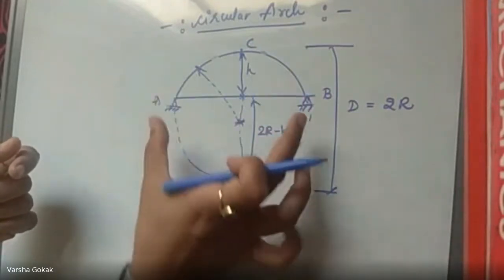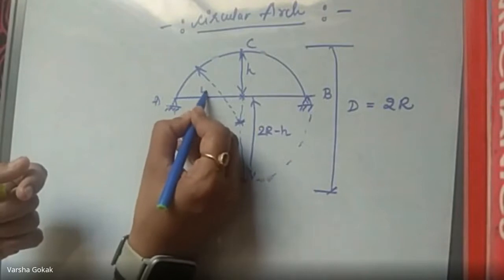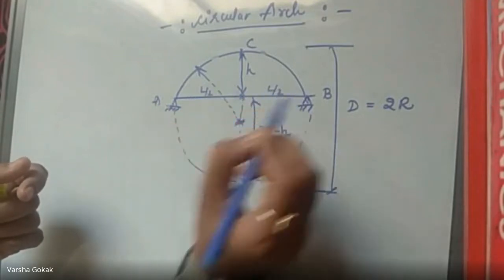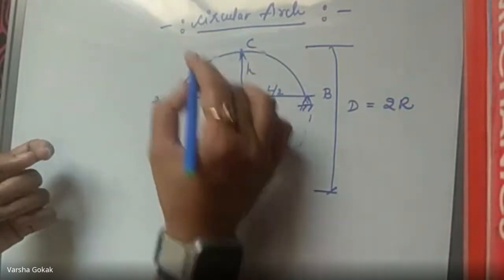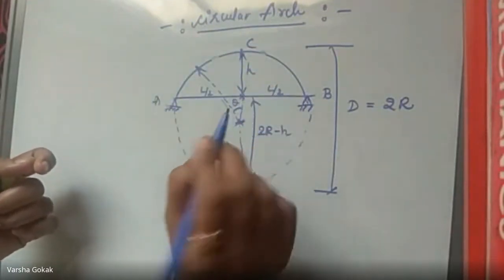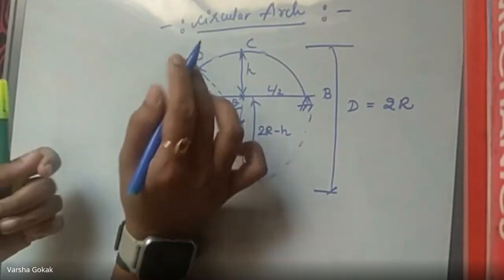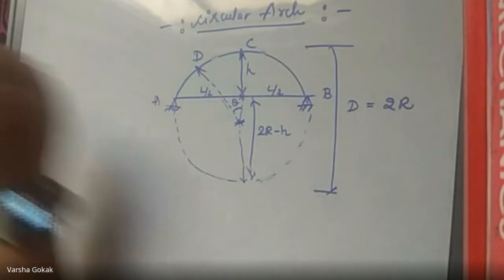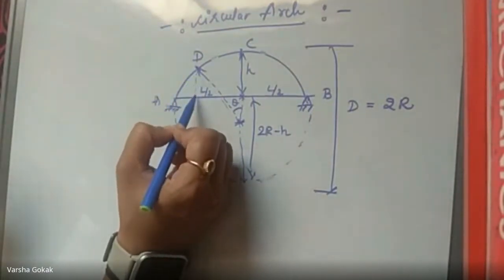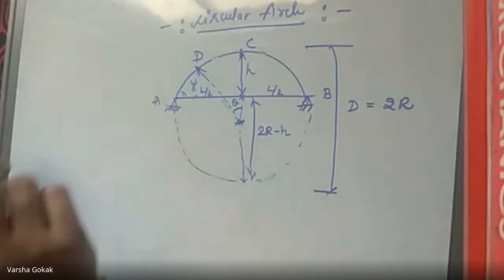What we have assumed is total span L. So if this is the total span L, then this would be L by 2 and this side it would be L by 2. Okay. And if I'm assuming this to be the radius, it will be acting at an angle theta. Correct? And this is our point D, where usually in the question they ask us, at a point D, find the normal thrust and so on. So this is that point D, and this would be your x distance, and this would be the y distance, x intercept and y intercept.